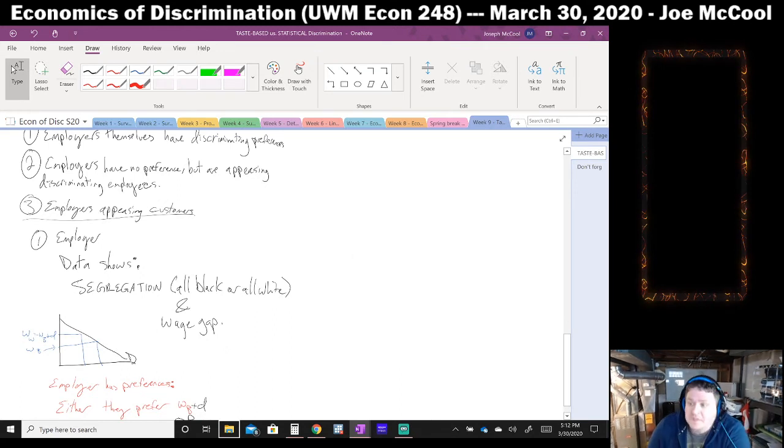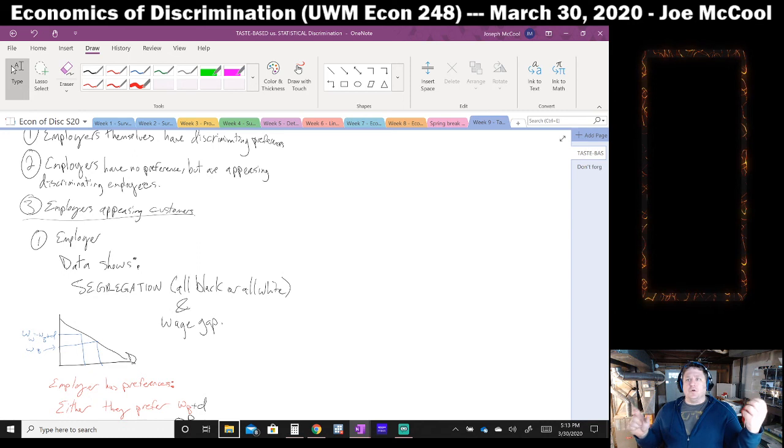All right. So what does this mean? Either the employer is going to want to hire the white worker, or the black worker. If the employer is choosing between two workers, then the employer is choosing to pay either the white worker more, or they want to hire the black worker, which includes that they don't have to pay them whatever the discrimination coefficient is. And they're going to make some choice of either or.